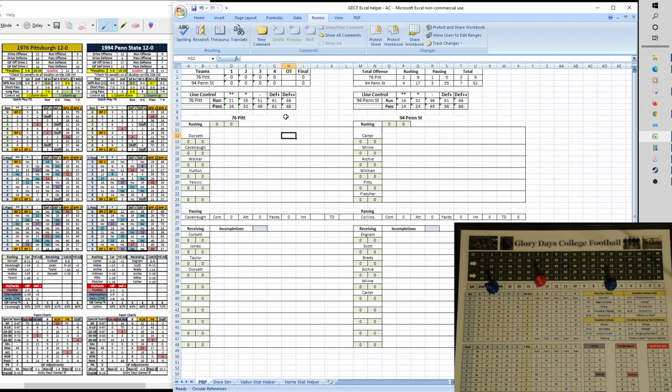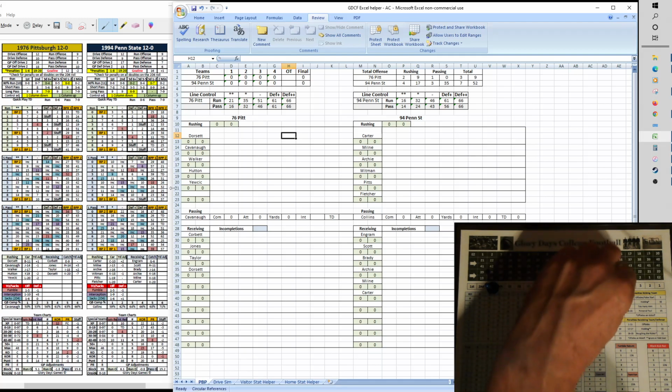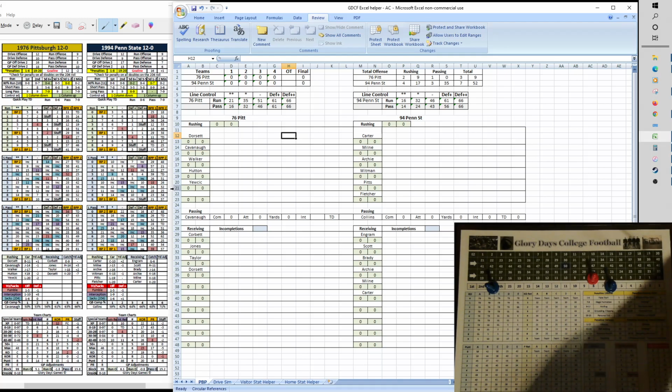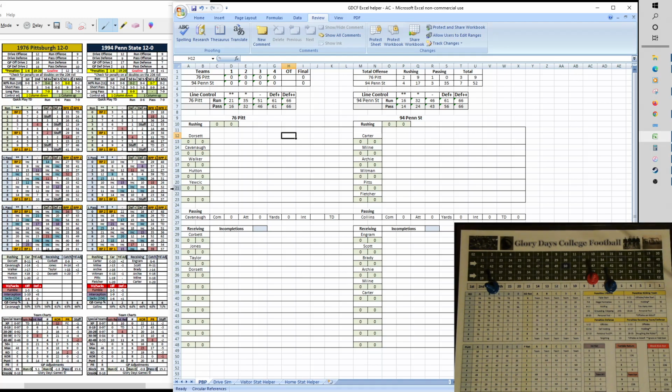And 1-star roll of 3 for Penn State. That is going to be a 6-yard gain, and that's going to take it right to the line to gain. So we're going to do a measurement, our first one of the game. And this is an optional rule. On 3rd and 4th down, when you get the exact yardage needed on a play, you can play the optional